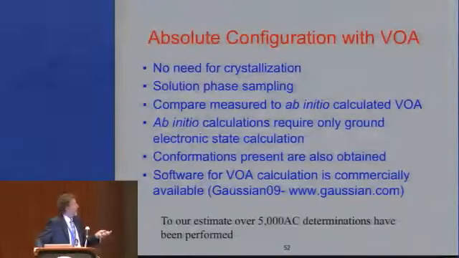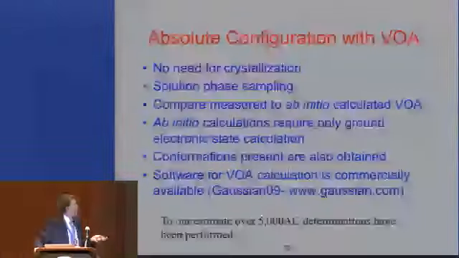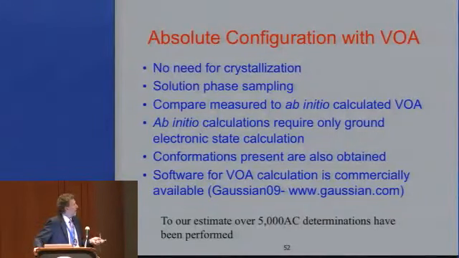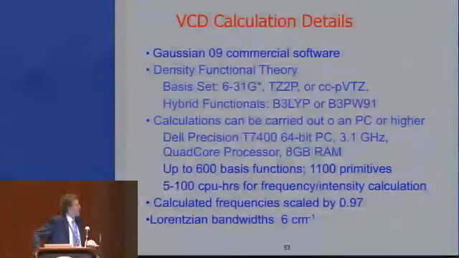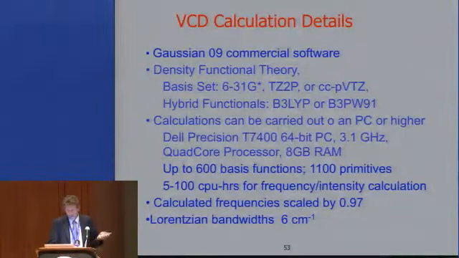You don't need to crystallize the sample. You can use just solution phase sampling, and you compare what you measure to what you calculate. And there's commercially available software from Gaussian. So these are details if you want to do it, but it can be done on a beefed up PC that's probably $3,000. That is all you need to buy a really hefty PC these days to do VCD calculations,